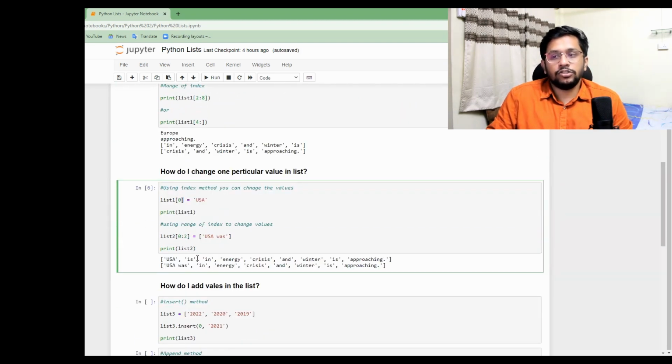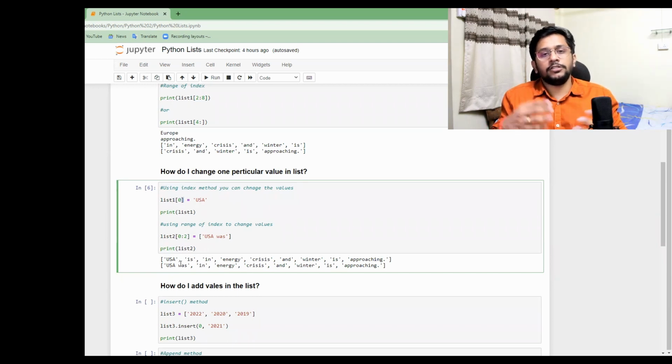Second is that you want to change a range of values with something. For example, if you have first name and last name in the database and you want to change it, how do you do it? You will maybe select a range and replace that name with a single string. So what I have done is that USA and "is" are two different index positions in the list right now.